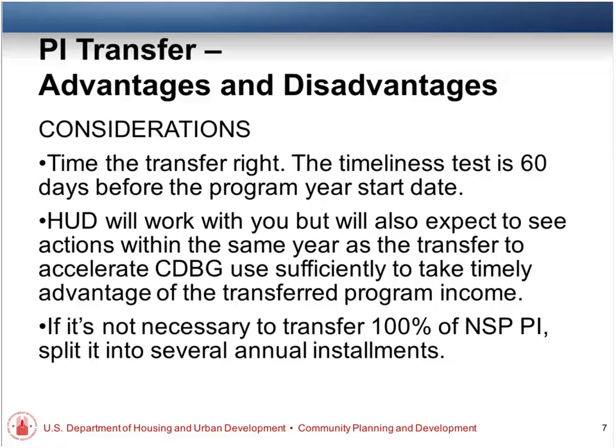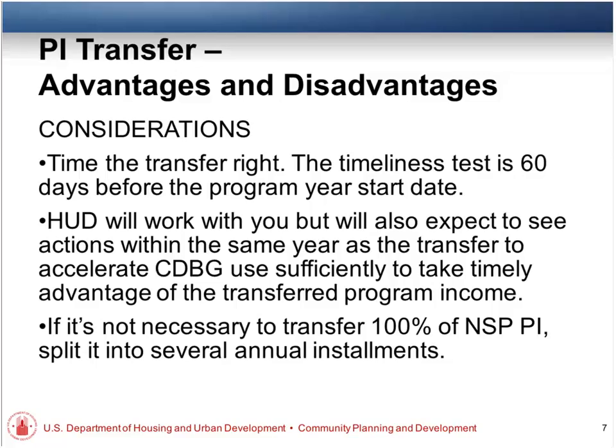But we know that some of you will transfer enough money to set off your timeliness test, and what we're encouraging, we're adjusting our guidance right now and talking to the field staff, is that the best grantees are going to say, look, I'm moving over $1 million in program income into the CDBG program.